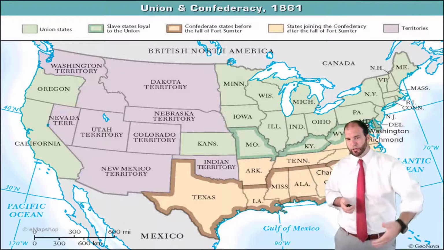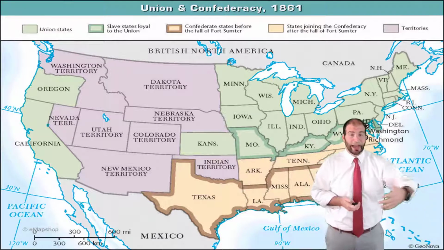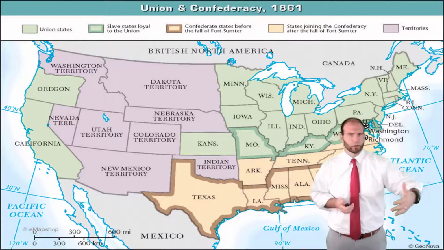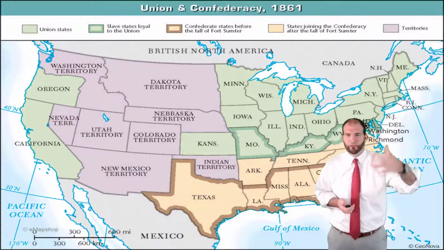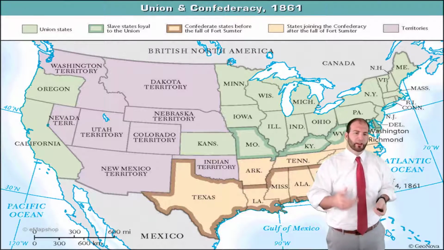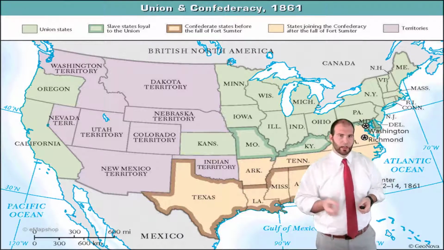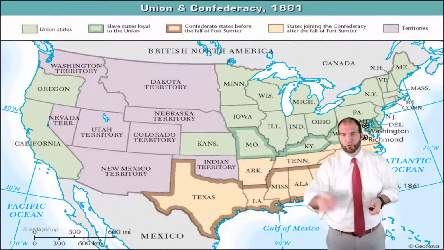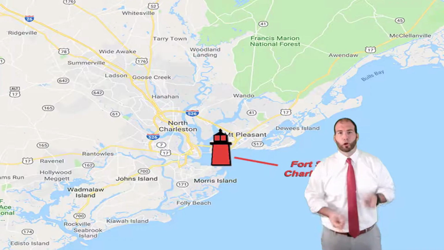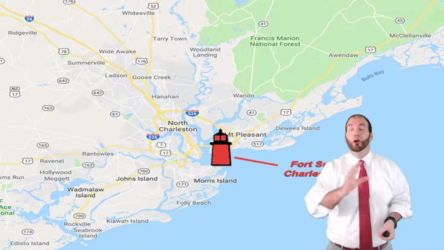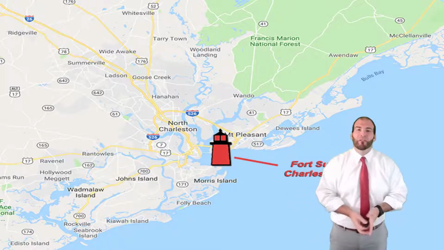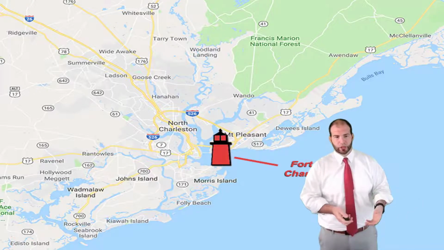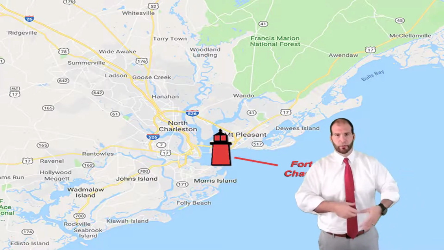Well, there is an issue that is going to take place very quickly, all right, after the secession of the Deep South, that is going to force everybody to choose a side. And it's a situation with Fort Sumter. So South Carolina here in this map has a port that is incredibly important to the South, to the Confederate States of America, a port called Fort Sumter. Charleston, the city of Charleston is the port. There is a fort that defends that called Fort Sumter. All right. So Fort Sumter sits right in the harbor of Charleston to make sure nobody can go in and